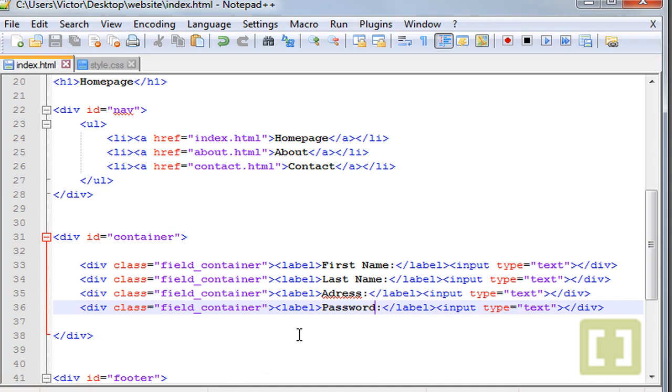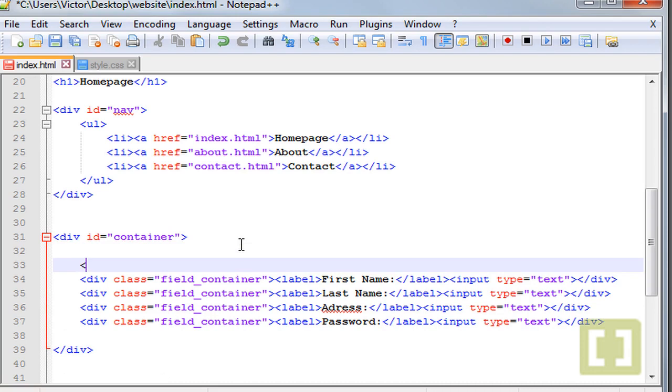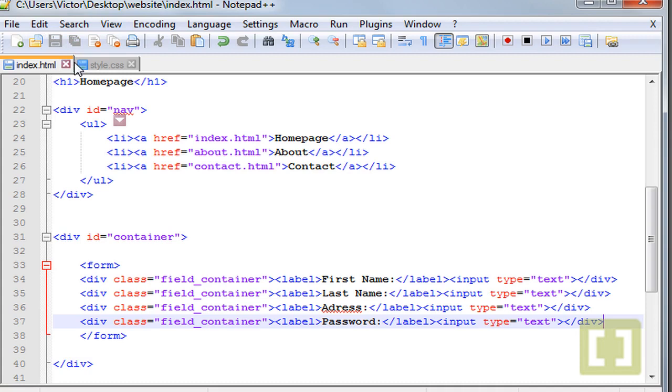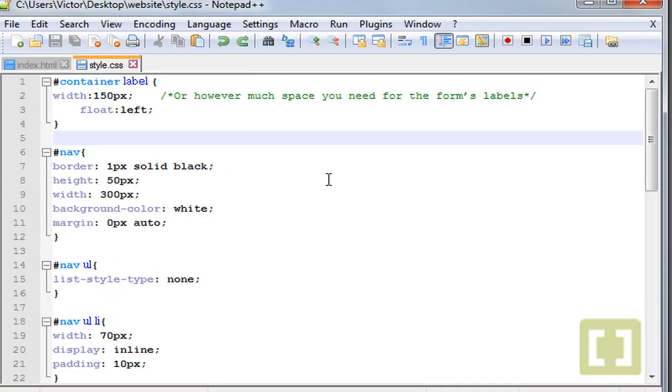Okay, obviously we are still missing one thing, which is the form tag. Okay, and here we type form. Now let me save this, and let's go to style.css,